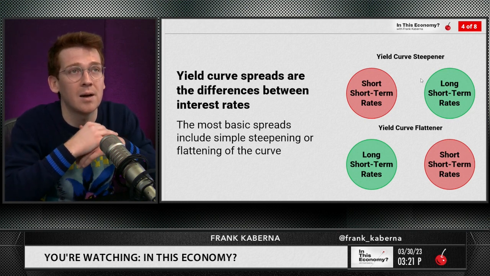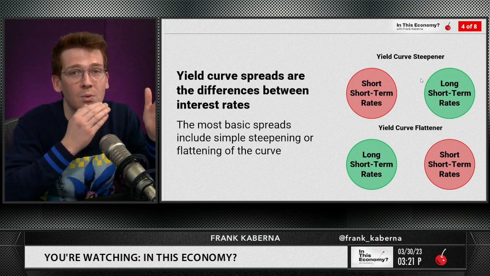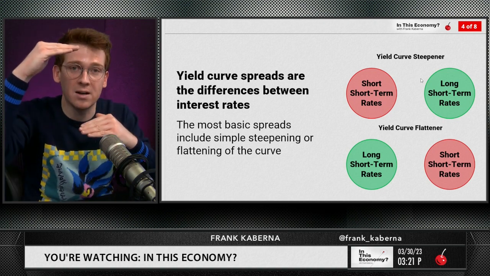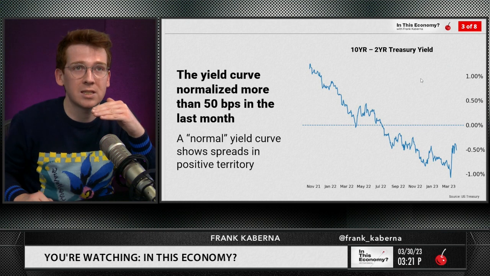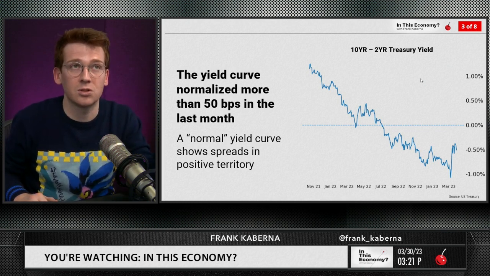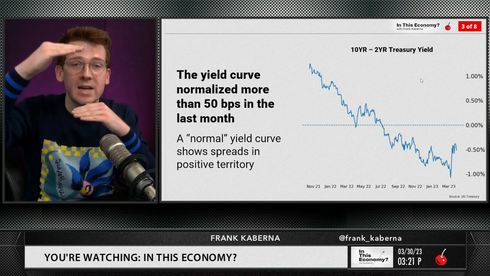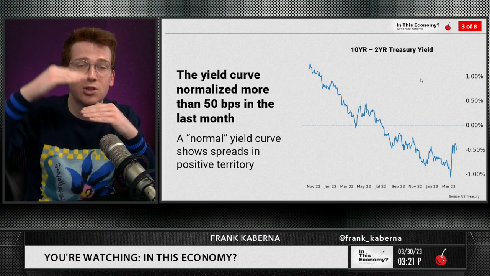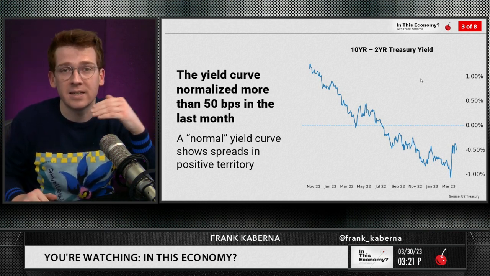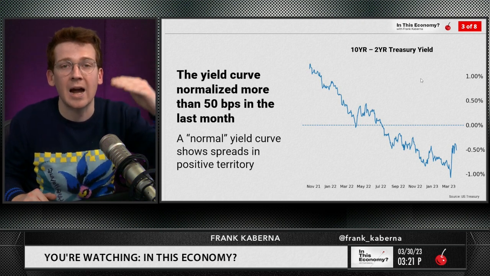I'm sorry. In the steepener, what you want is interest rates to expand versus each other. So in this scenario, you would want the spread between the 10-year, the long-term interest rate, and the 2-year, the short-term interest rate, to gain ground, that spread to get higher there, whereby the 10-year rate is building a higher interest rate